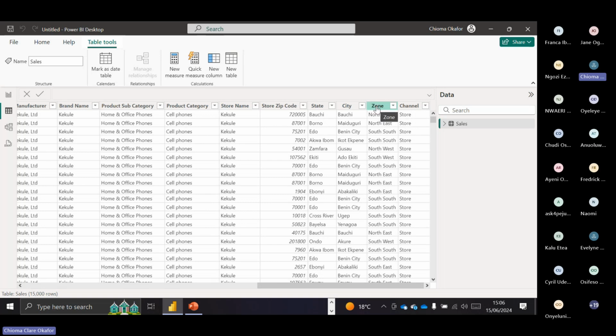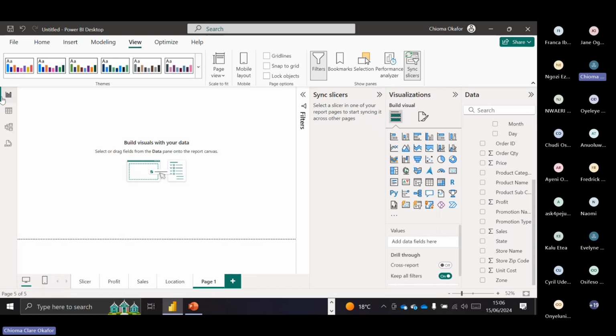Just like what I was saying about hierarchy, from zone you go to state, and from state you go to city. So now let me do a report. I just want you to follow me. Let me do a report that speaks to zone at the high level, and then I'll create another report that speaks to state and city so that we can drill through from our zone to our state and city. I'll go back to my report view. So now I'm going to create